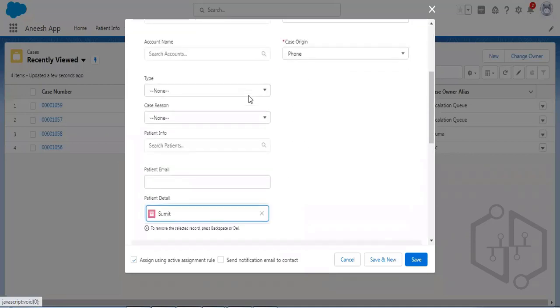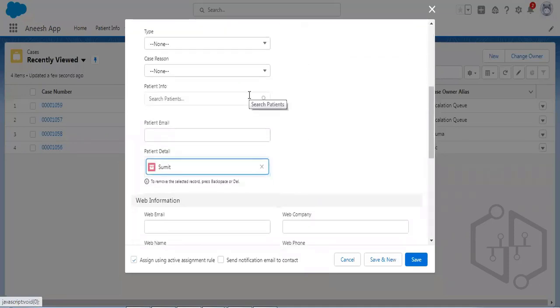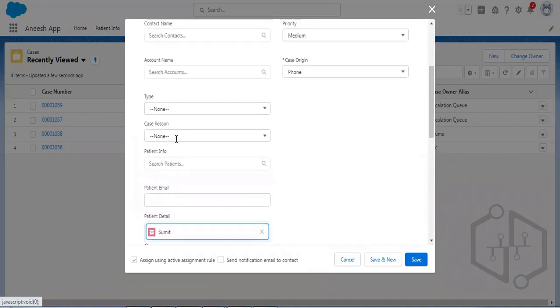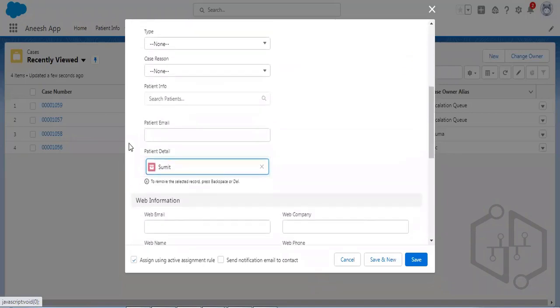It's similar to the second requirement, but many times people come back asking how to deal with the validation rule in the cross object. We are working on case, but I want some value from patient, right? So two objects are involved. So just try to brainstorm around that, how to implement that, and we'll see that